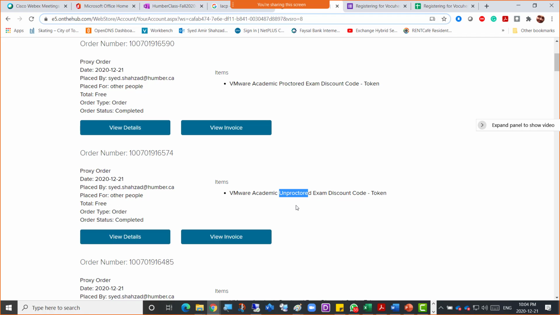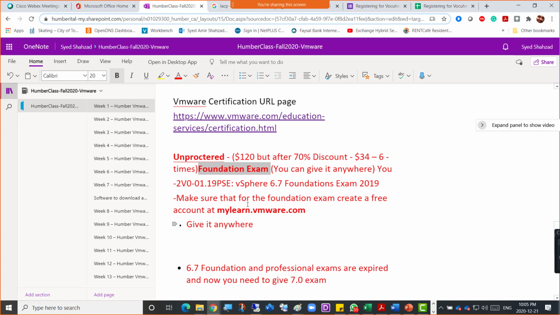And beside this is a URL. You need to follow that URL. It will take you to the unproctored page. You have to schedule it from that URL that is on that unproctored page. And it will ask you